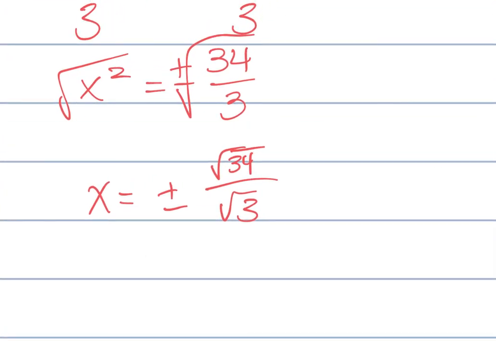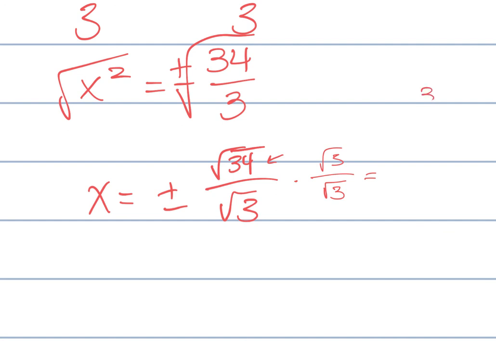And let's try to simplify first. So 34, we're thinking like what factors go into 34 that are also perfect squares. The only factors of 34 are 17 and 2, and neither of those are perfect squares, so that has to stay put. But we can multiply by the square root of 3 over the square root of 3, and we're going to get,